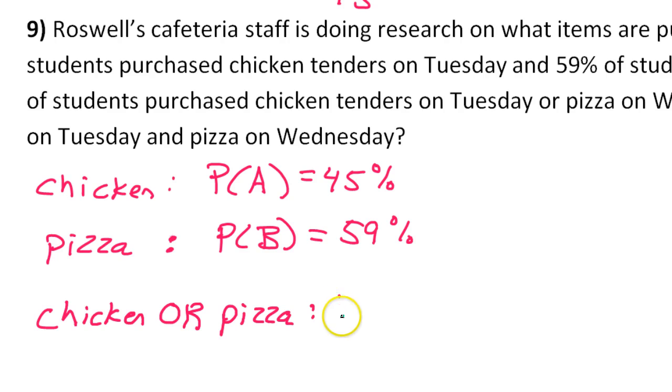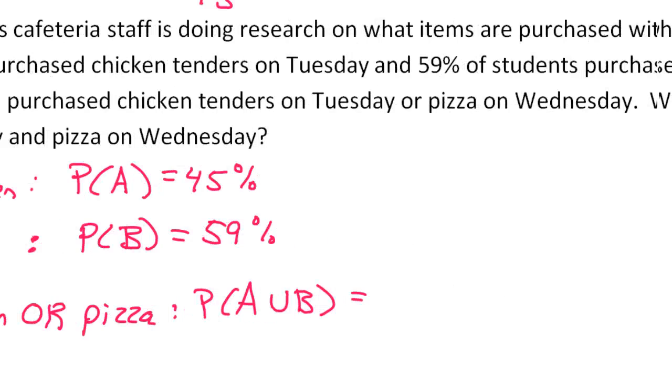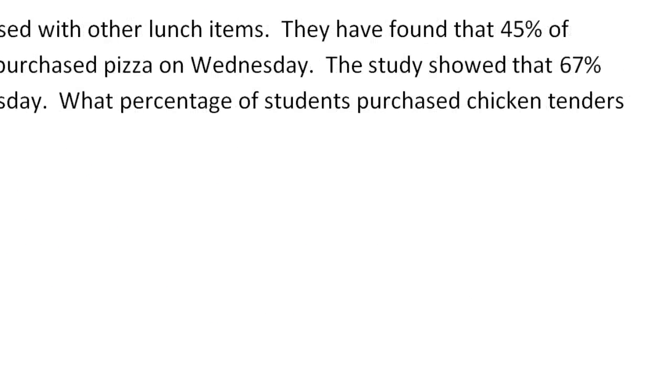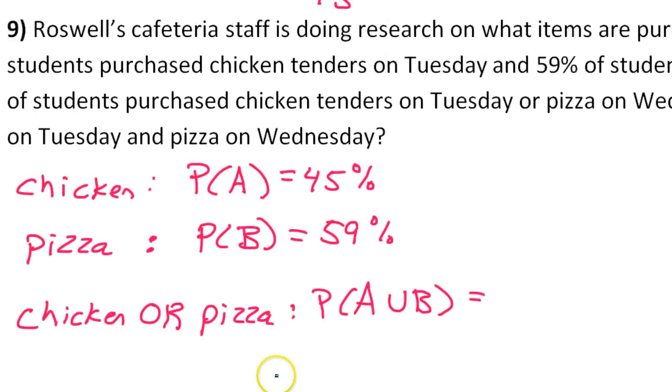So they're giving us the probability of A or B. And they said that that was, what did they say that was? 67%. Now, armed with these three pieces of information, probability A, probability B, probability of A or B,